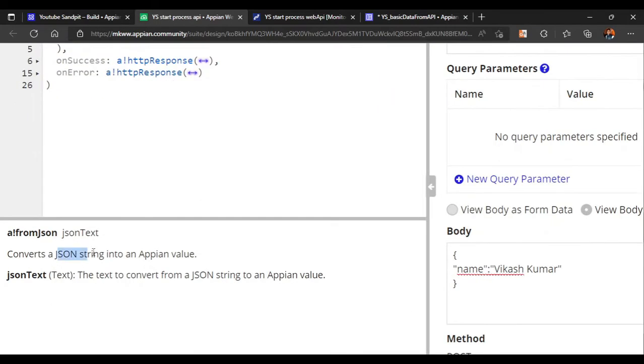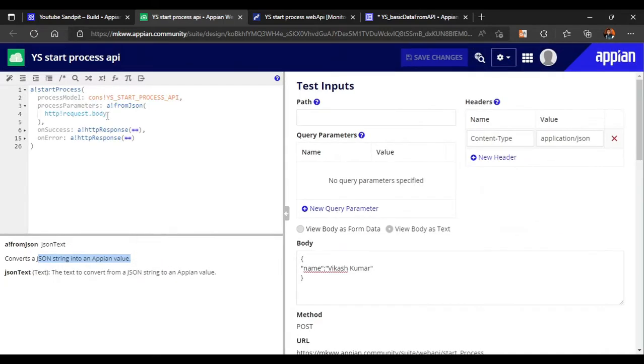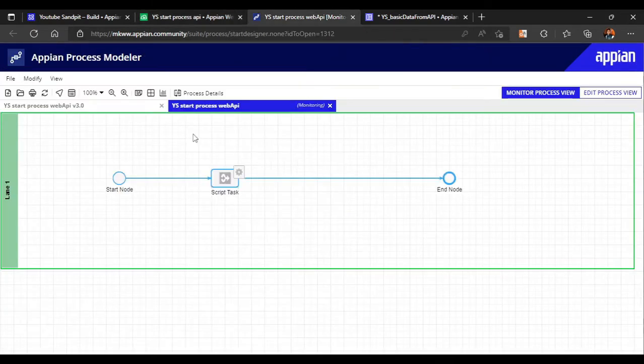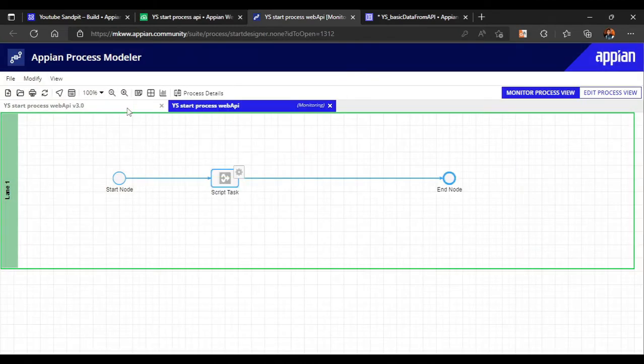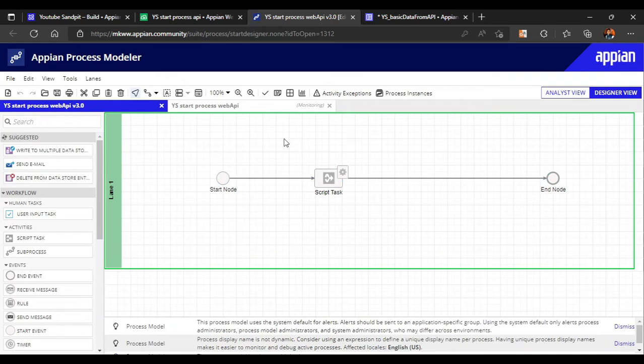It converts a JSON string into an Appian value, and here it is only converting from the JSON to the Appian value, and that's why we are getting the data formatted here. Okay, one more thing here is like